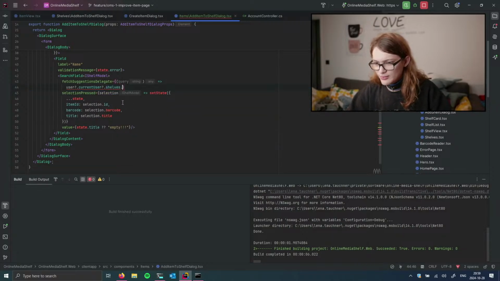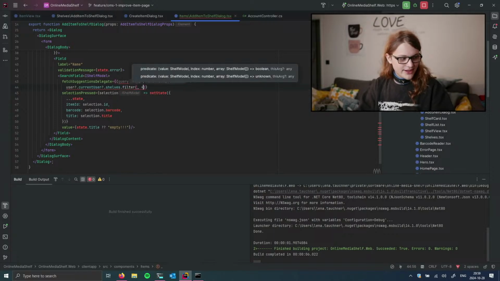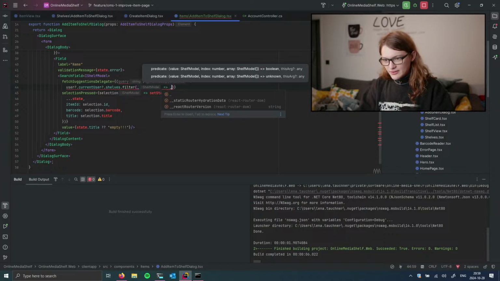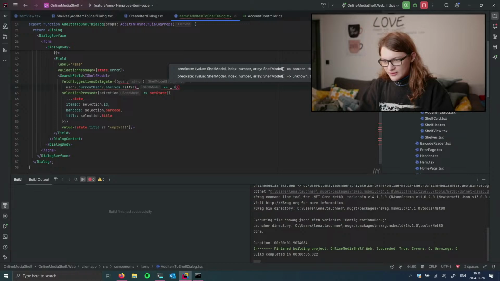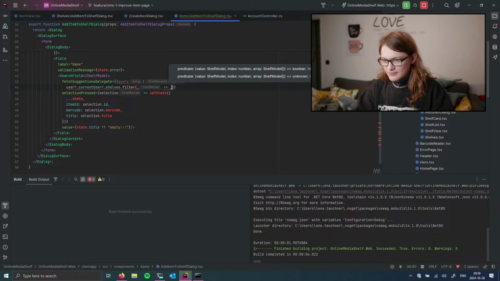Items. Oh, right. We have like filtering to do. Filter where that dot contains okay dot come on underscore dot